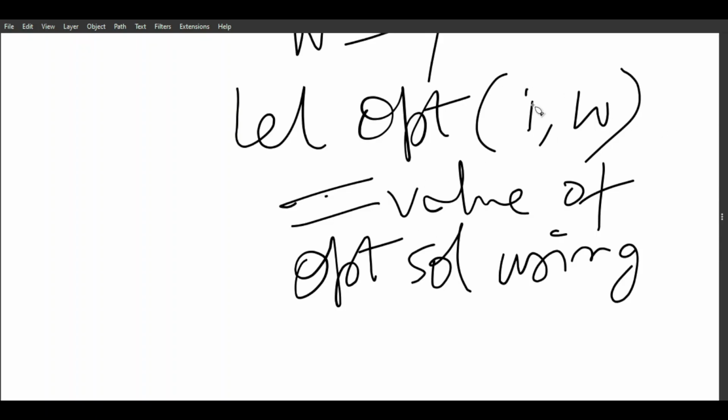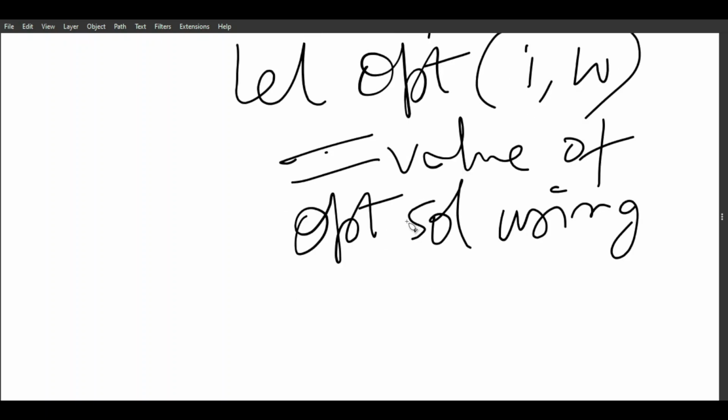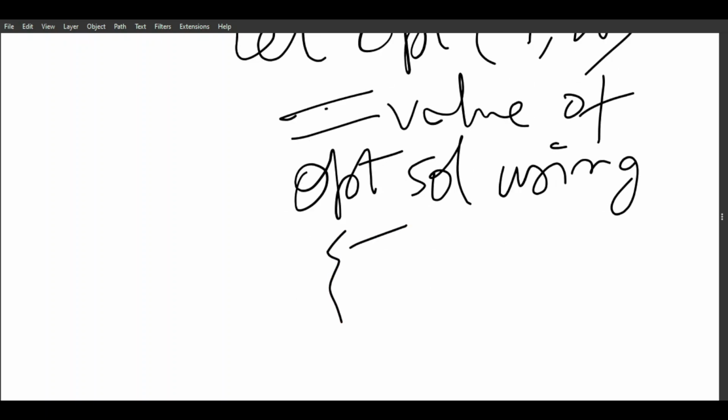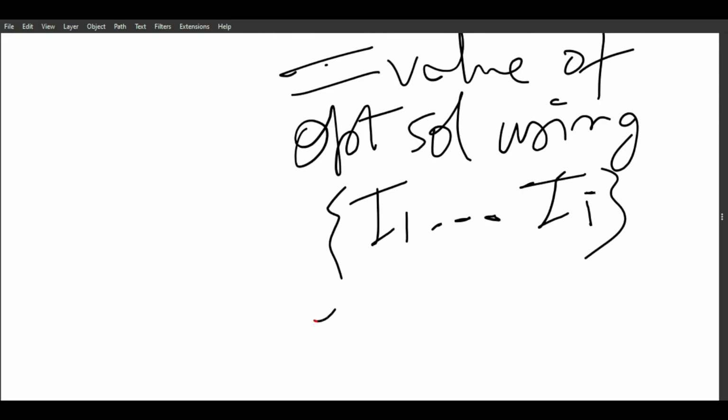So i means how many items we have to take starting from the first item, and W is the knapsack capacity. So this is the subproblem which denotes the value of the optimal solution using the first i items. So the items are i1 up to ii. Only the first i items we have to use, and the knapsack capacity